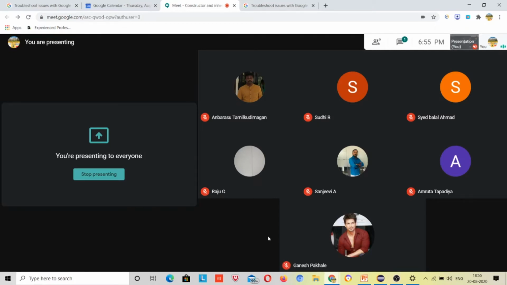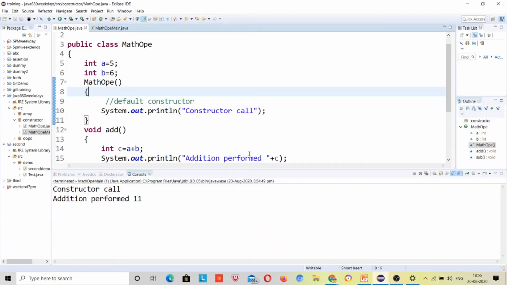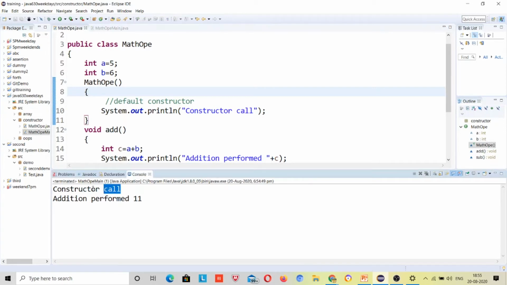There is a way to ignore it, but first just understand what the default constructor is. It is not necessary to always have a default constructor, but it is necessary to have a constructor inside the class. So first we see the constructor call, then the addition performed, 11.